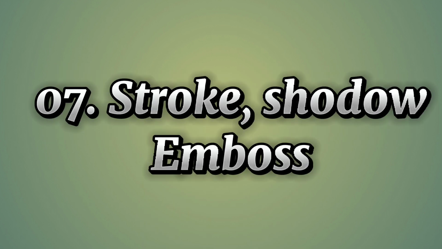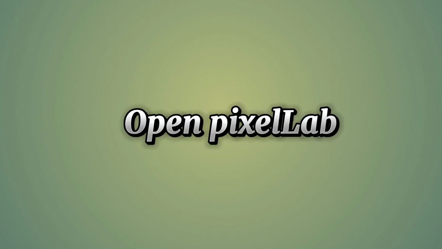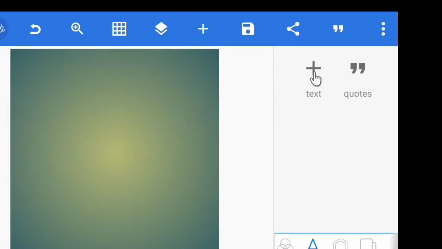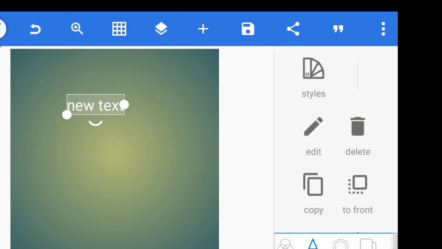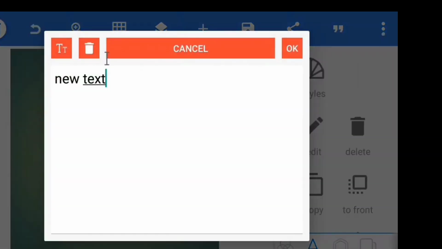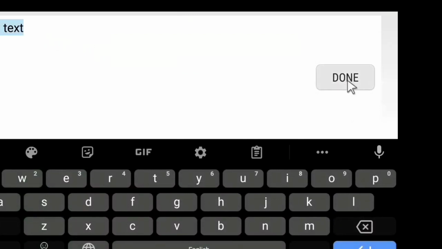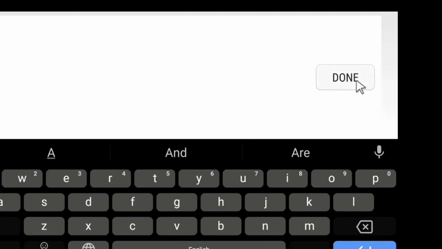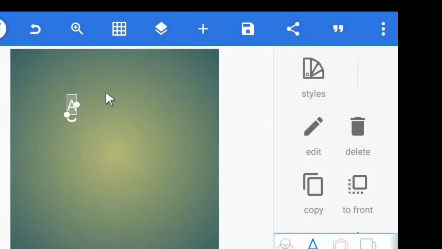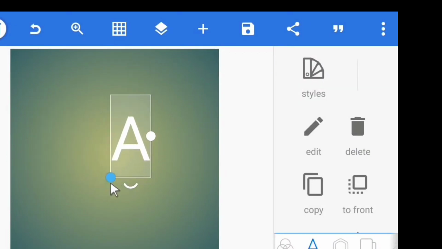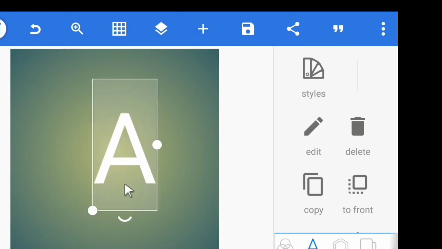Next, we'll be looking at the stroke, the shadow, and the emboss. We open our Pixellab, and then our normal interface will just pop up. Then we add text, just like we did in our first class. Can delete, and then we can actually enter a new text. We are using A as an alphabet. For this edit, we increase the size to the nature we want it to look like, and then